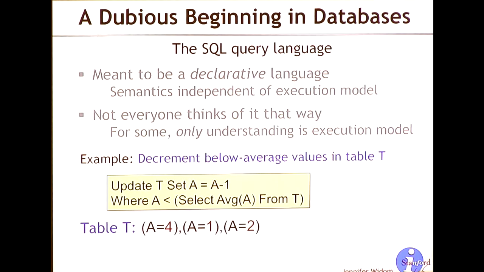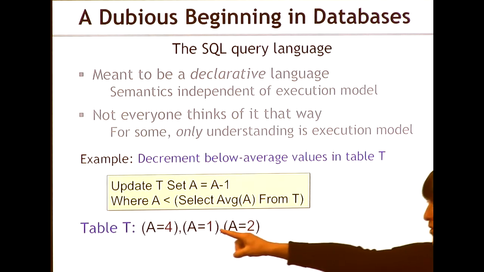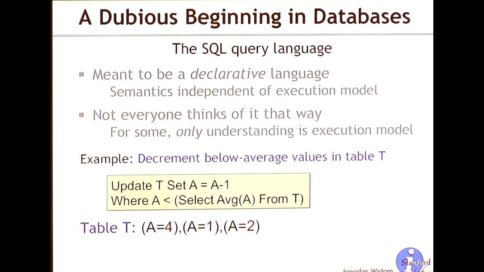All right, we've got 3 values in our table T, 4, 1, and 2. And we run this update command. What are the values afterwards? All negative numbers. Your average is going to go down every time you decrement one of those values. Yes, so you've jumped ahead to my second example. That actually doesn't happen with this one. The average goes down, but since we're asking for less than the average, that doesn't quite get us into trouble. That gets us in trouble when we're asking for greater than the average.